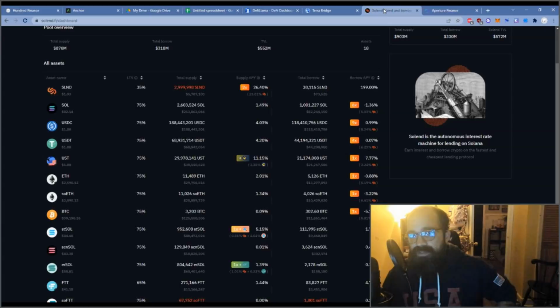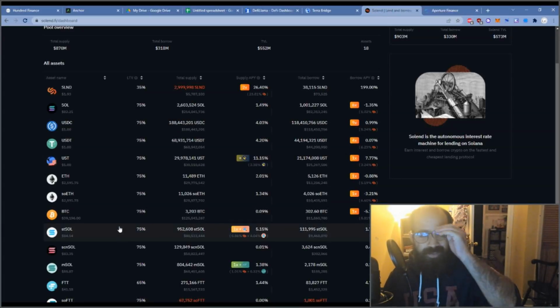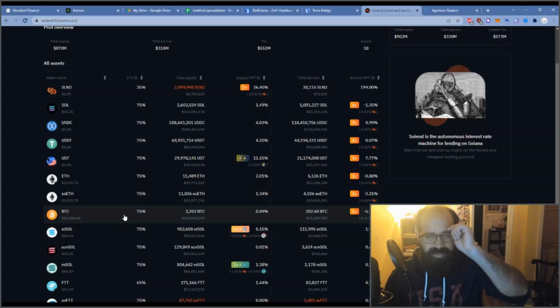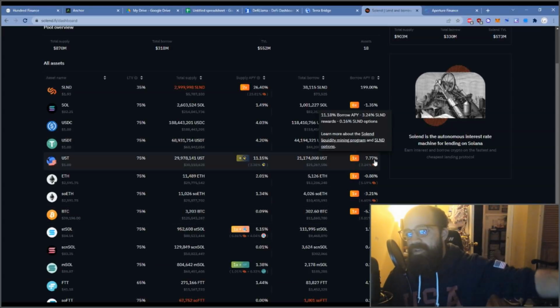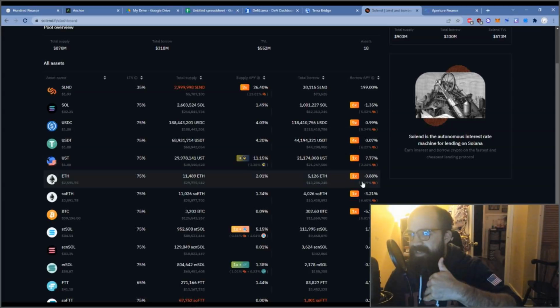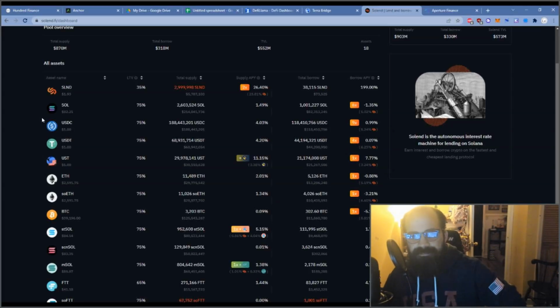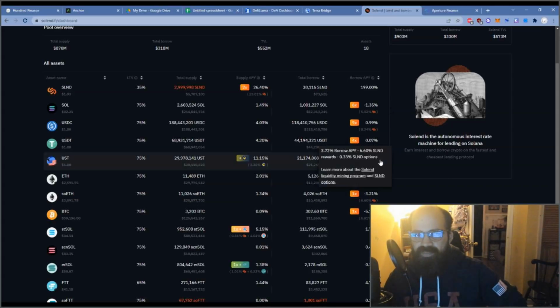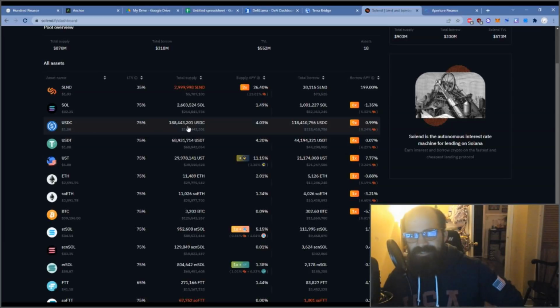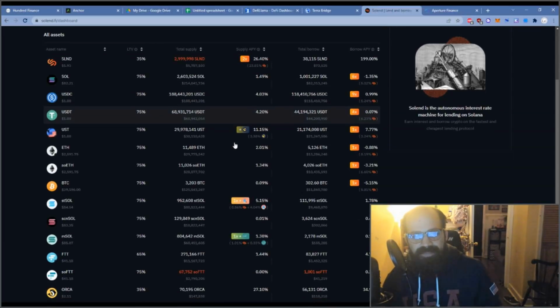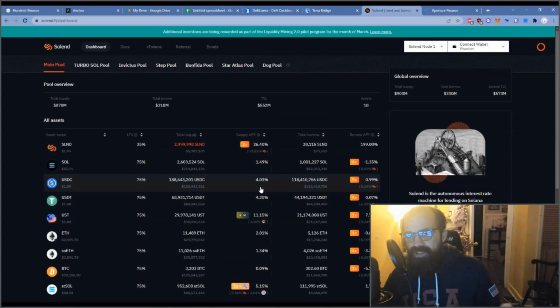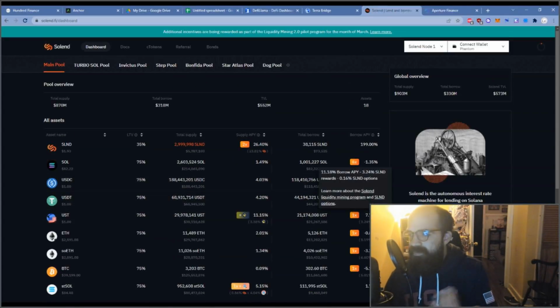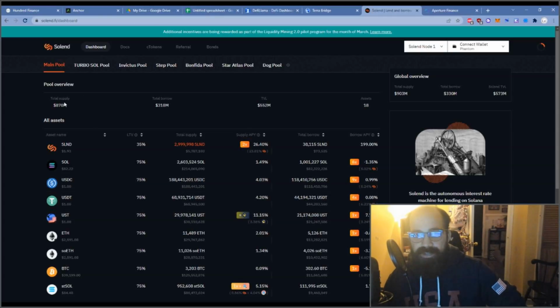Now, I did look around for the best possible platform to do this on. I thought that Solend might be an option because I know they have UST. The only problem is that there's a 7.7% borrow APY here. So that's effectively what you're paying. Your debt is increasing by 7.77% APY. And if you collateralize USDC or USDT, I think there's only two stable options, you're getting only 4%. So you're still like negative 3% APY, which is way more than negative 0.95%.